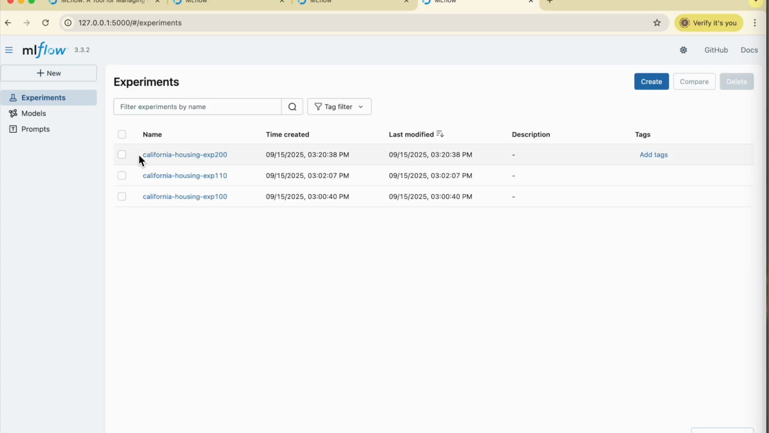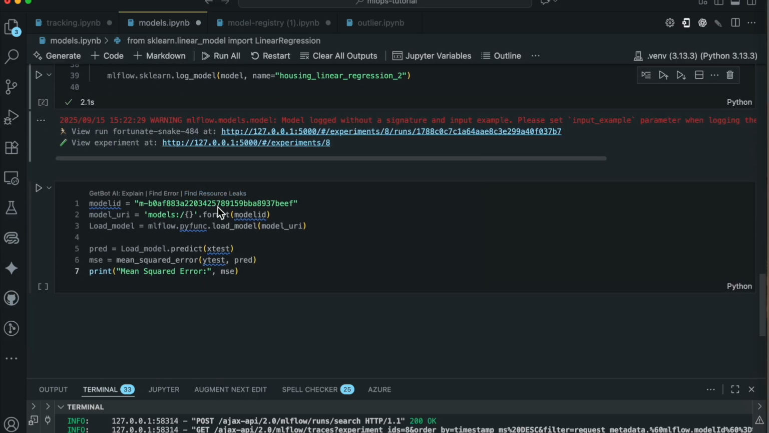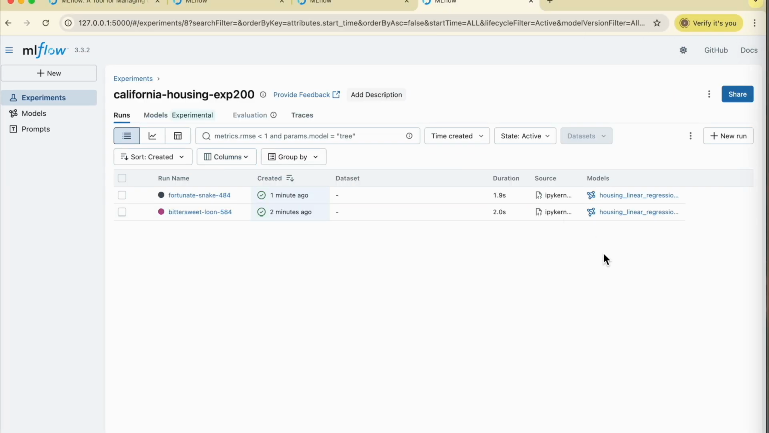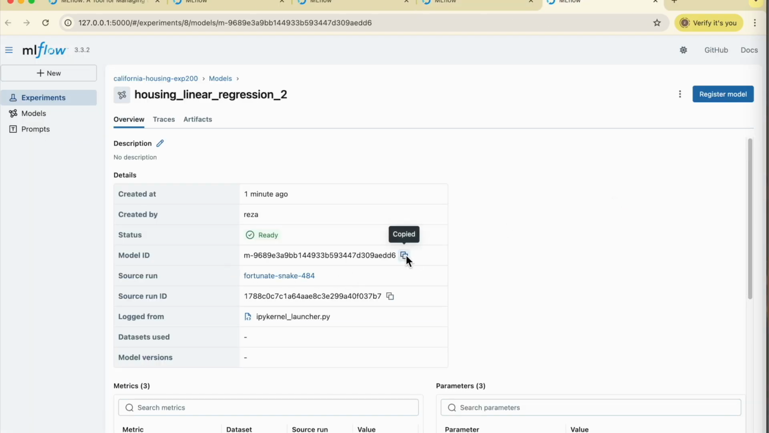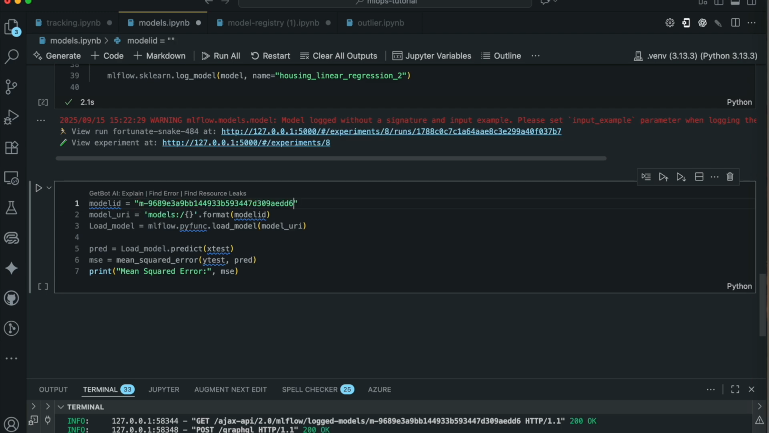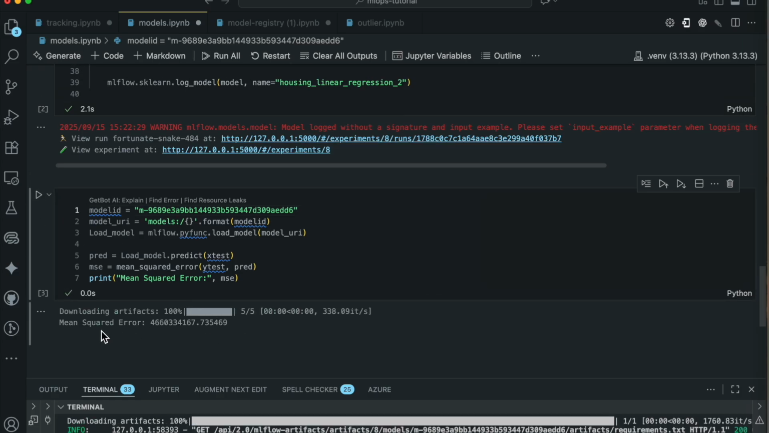Okay, let's go back to our programming environment. Now I'm going to load a model. I need the model ID. Okay, so I simply go to my MLflow interface, go to a model and copy my model ID. I come here and load the model ID, the model that I had registered. Now I can load my model. As you see, I loaded the model and it showed me the